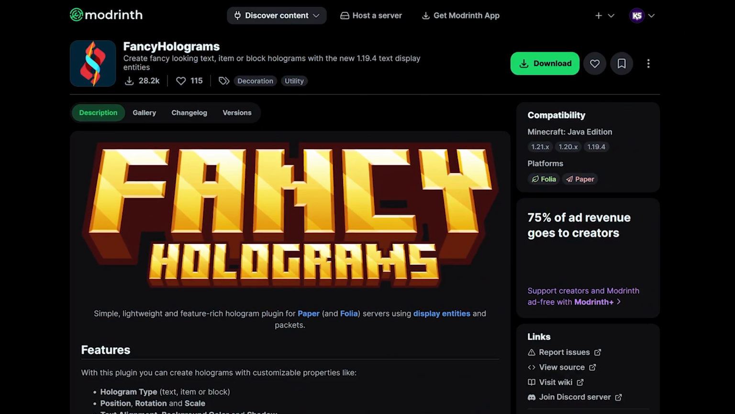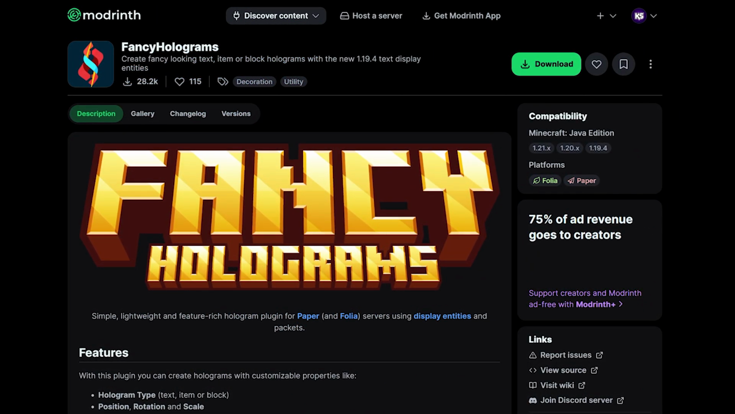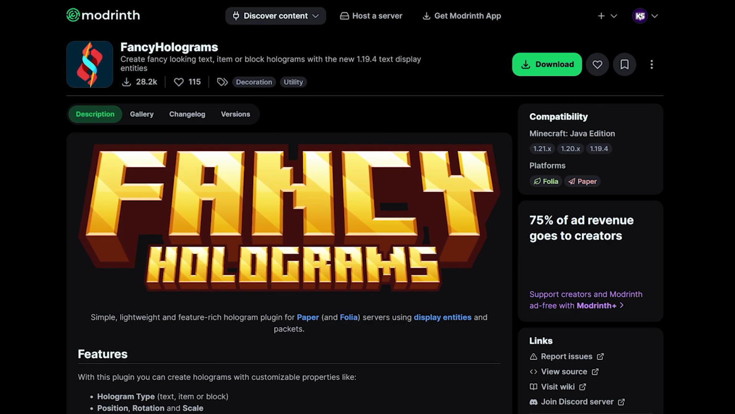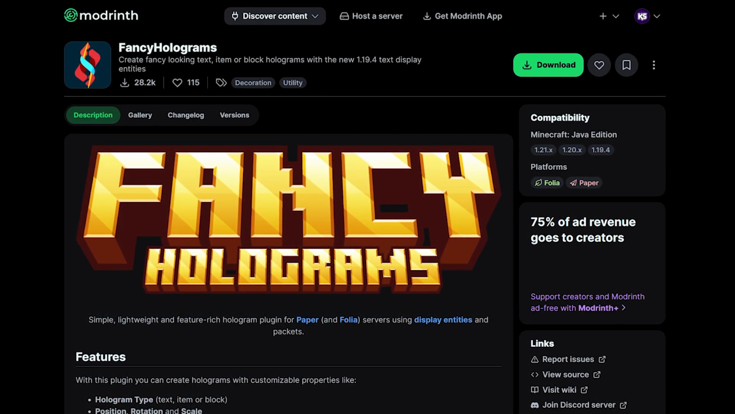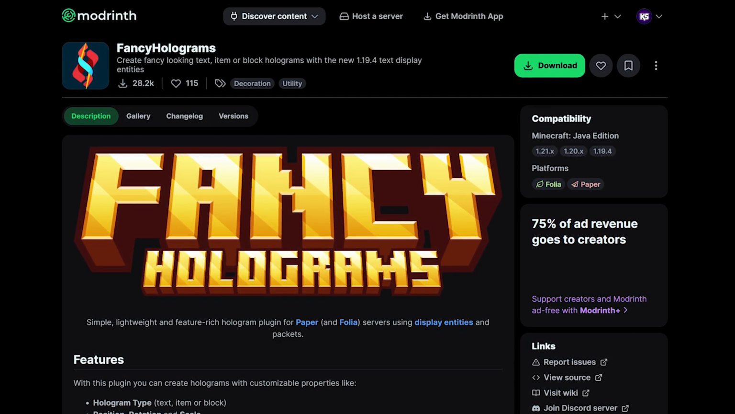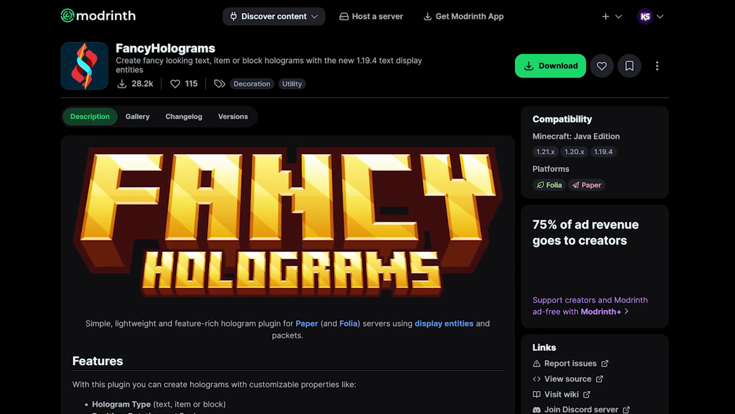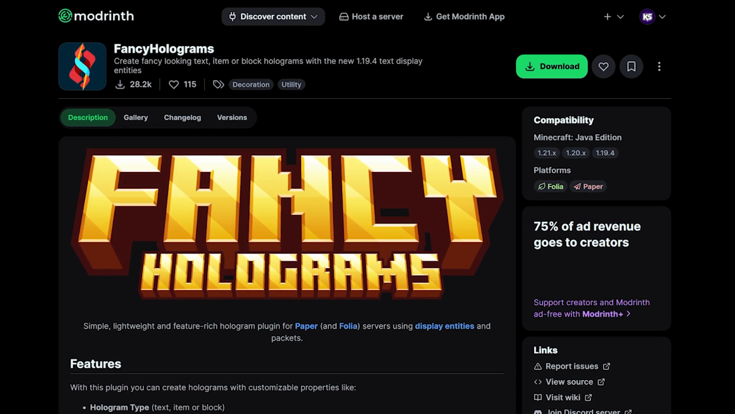Now, of course, FancyHolograms can also be downloaded from Modrinth. It is available for all Minecraft versions from 1.19.4 all the way up to the latest version. The reason for it only being available from 1.19.4 and up is because that is when the new display entities were added to Minecraft, which is a way more efficient way of adding things like, for example, NPCs and